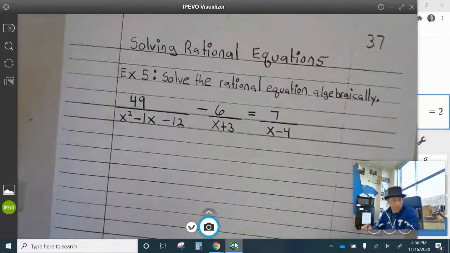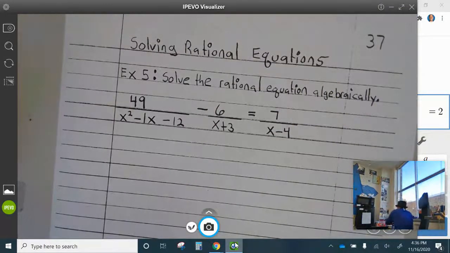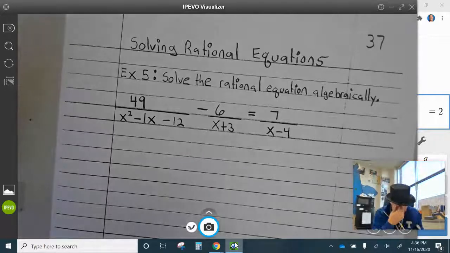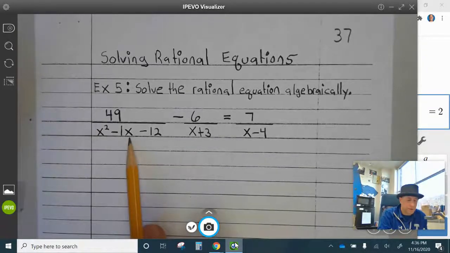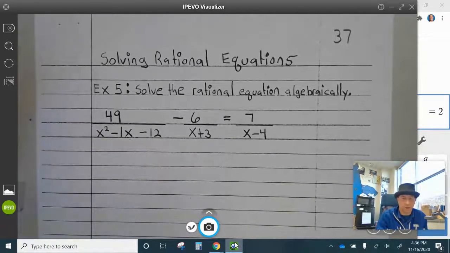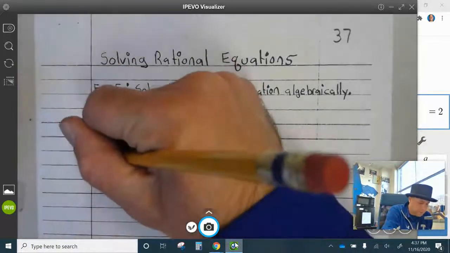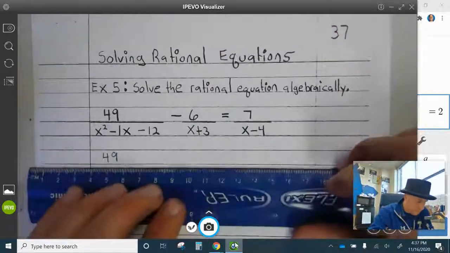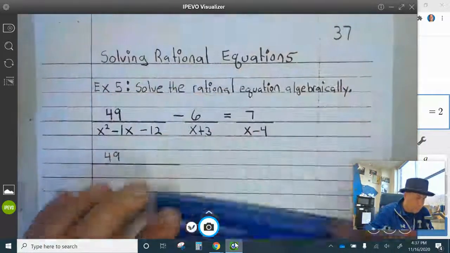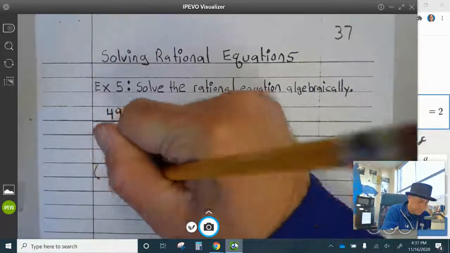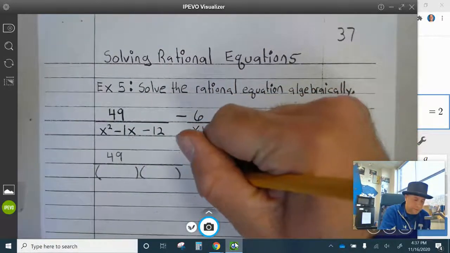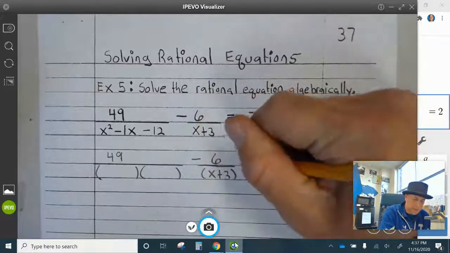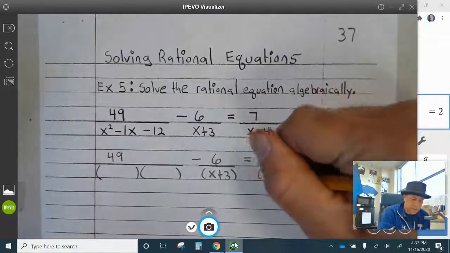All right, example 5. Okay, solve the rational equation algebraically. Now, what we need to do first is factor this, and then we can see what the greatest common denominator is, okay? So, 49 divided by, we know to factor that's 2 parentheses, minus, let's go ahead and write that out, minus 6 divided by x plus 3 equals 7 divided by x